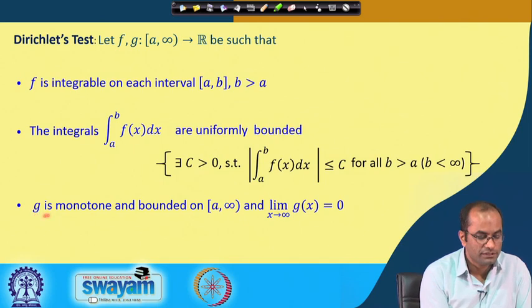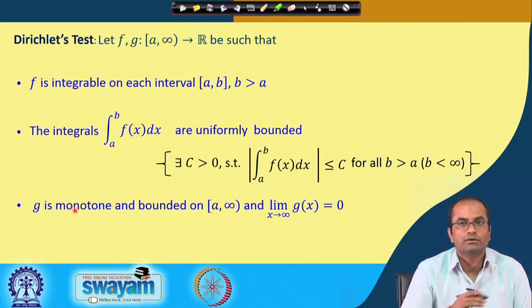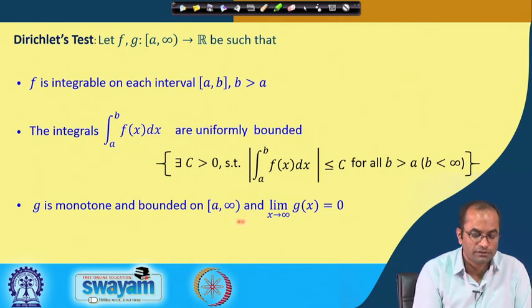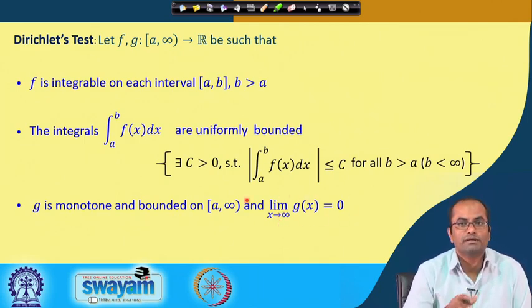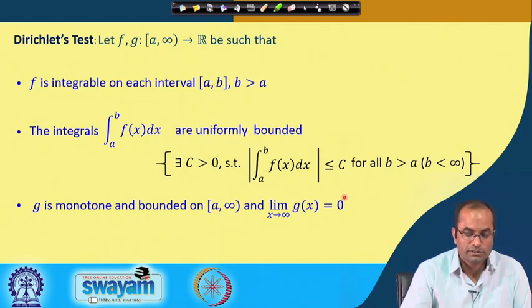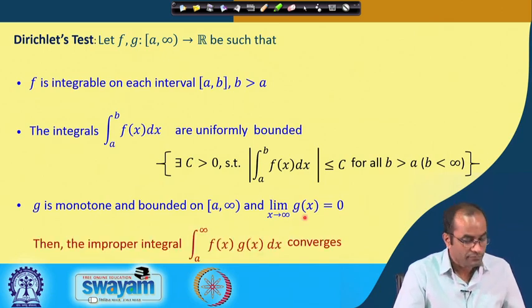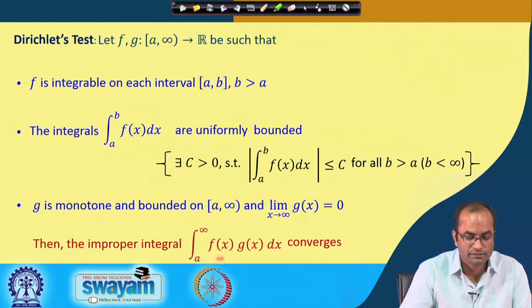And the function g is monotone and bounded. So, again g is either monotonically increasing or monotonically decreasing, and bounded. So, the values of this function are also finite, and then we have the limit as x approaches infinity of g(x) is 0. So, g is a monotonic function which approaches 0 as x approaches infinity. So, that is another condition, and in that case this improper integral from a to infinity of f(x) g(x) dx,